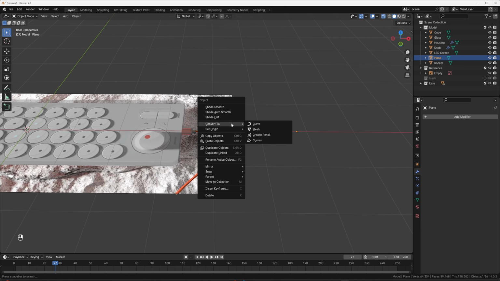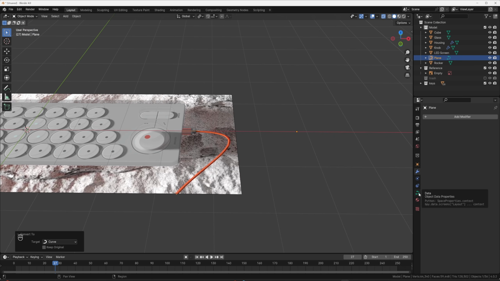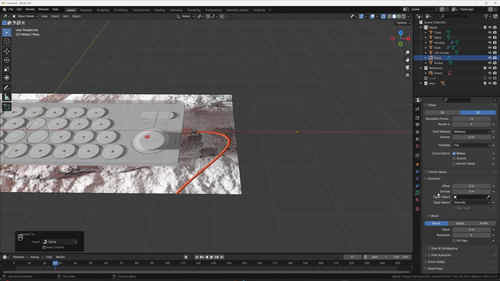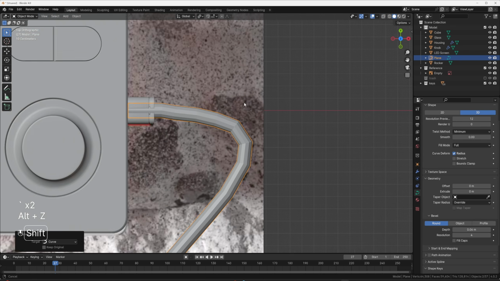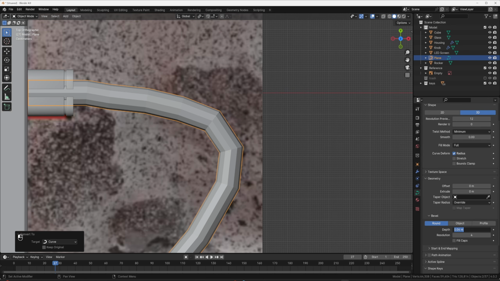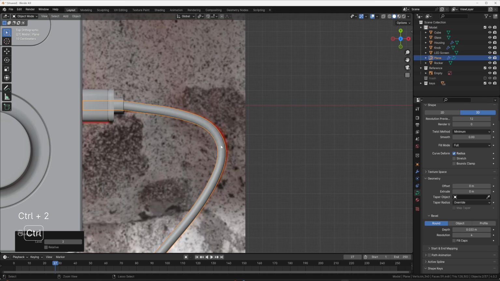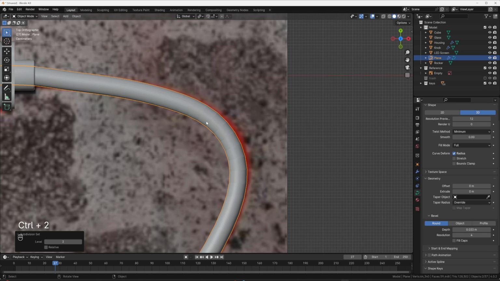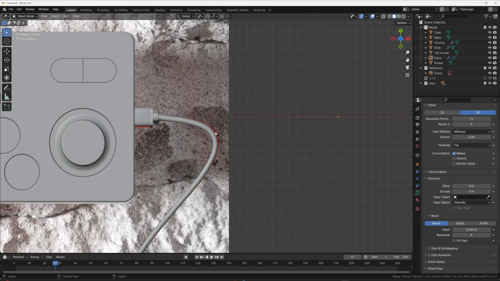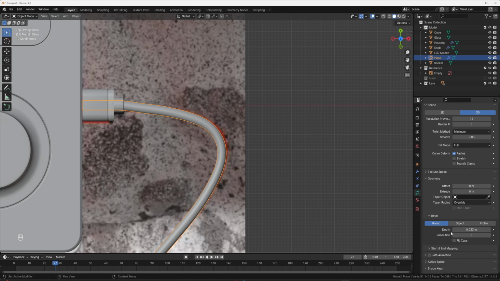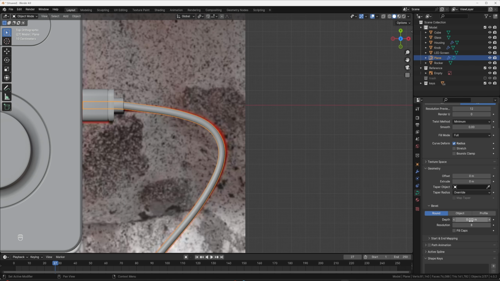If you right click, convert to a curve, you can now go to your curve data, and you can use the geometry section and the bevel to just give this its shape. So I'm going to go out of Alt Z, bring this down, holding Shift, just roughly the size of that. You can now just apply a Control 2 subdivision surface. You could right click, shade auto smooth. It might also be good to bump this resolution up to like 8. And then you can Control 3 and make that super smooth. It looks a little thick, so I'm just going to go to here and do like 0.025, something like that.